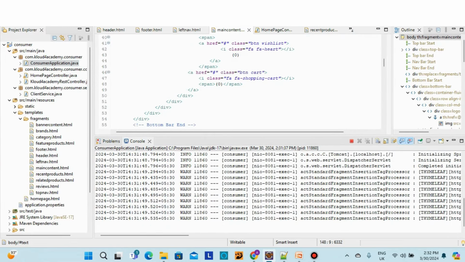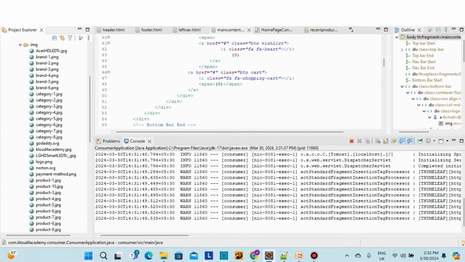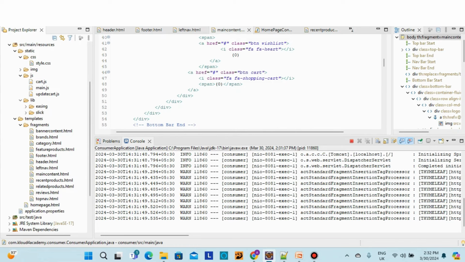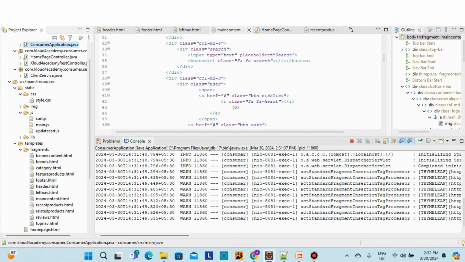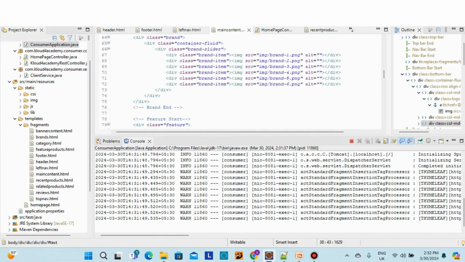Image static. Here we have to place all the CSS, image, everything we can place it here, img, and then we have to place JS folder, JS and lib folder. Okay, all the HTML, CSS sources should be placed. CSS and image JS sources should be placed under static folder, right? I created a static folder, right? So brand image. Okay,